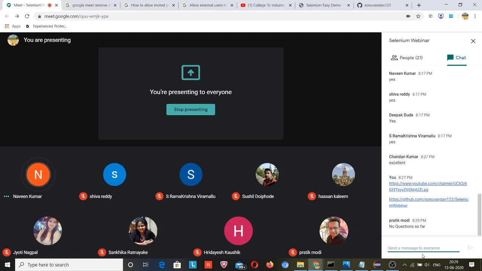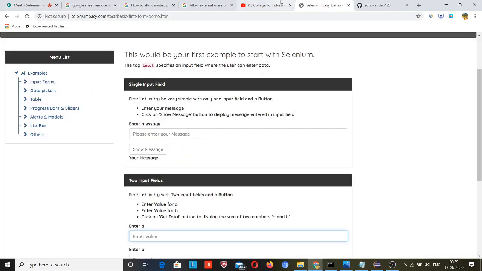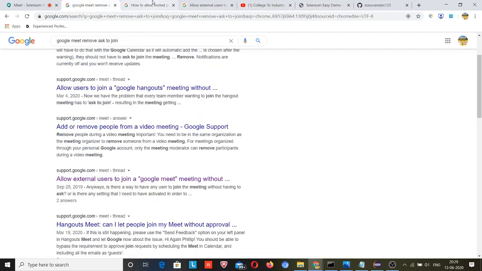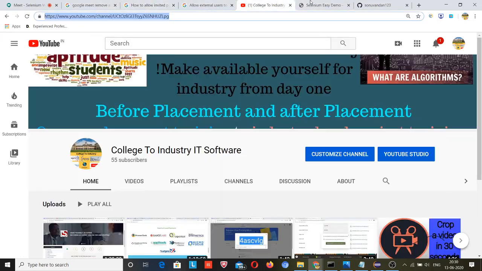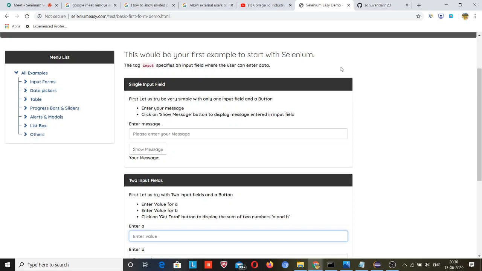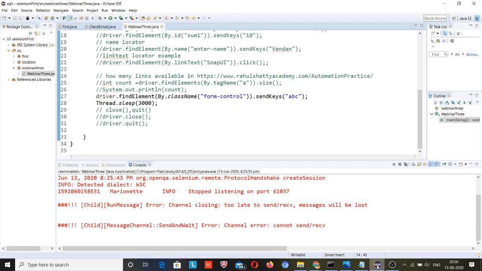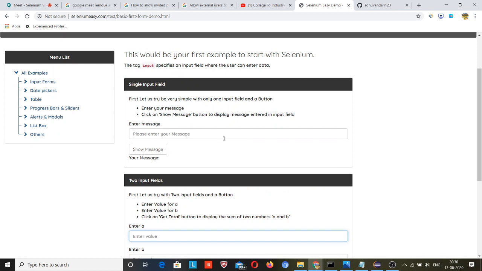Okay, Naveen. So your question is something related to Pratik's question. Maybe some other person has asked, how will you relate it? But I know one thing, that my position of that element is second. This information we should have. We will use the find elements method and run a loop. That loop will skip this first position and will come to this one.